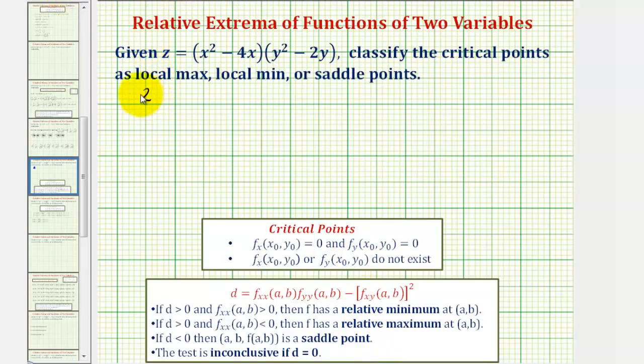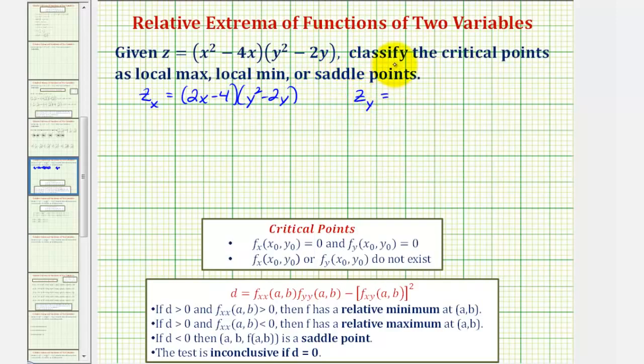So the first order partial with respect to x will differentiate with respect to x, treating y as a constant. We don't need to multiply this out because notice how we have just x terms here and just y terms here. So when differentiating with respect to x, we're treating this as a constant. And since the derivative of x squared minus 4x is 2x minus 4, we would have 2x minus 4 times y squared minus 2y. And then for the partial with respect to y, we'll treat x as a constant and